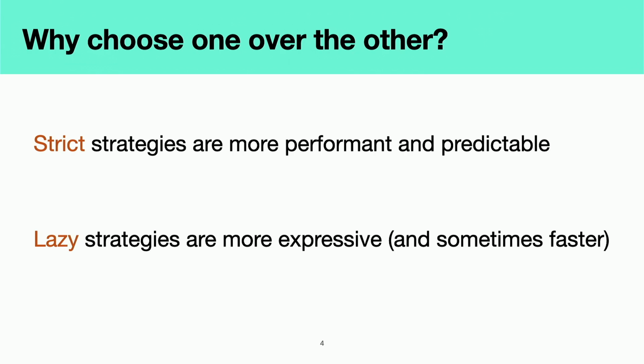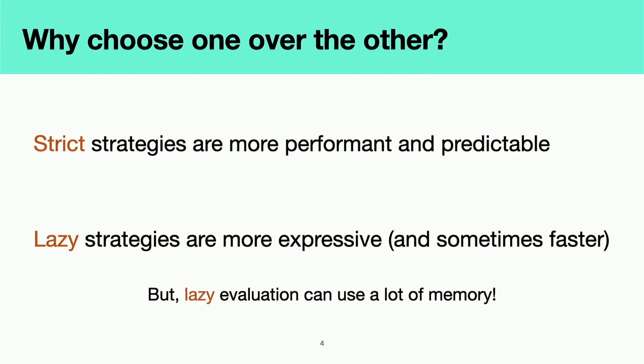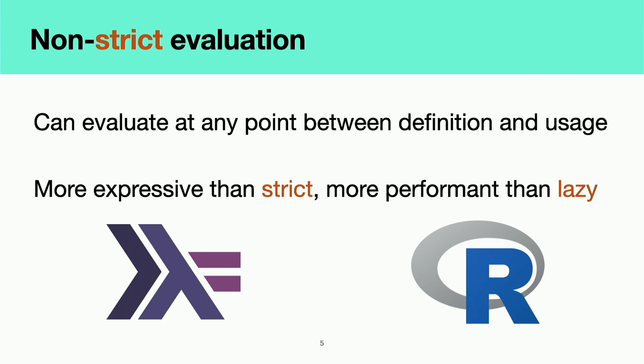However, naively implemented, lazy evaluation suffers from a particular flaw. It uses a lot of memory holding onto the references to the various variables in use by the thunks in your program. So in practice, programming languages that want to implement lazy strategies will actually opt for a third approach,